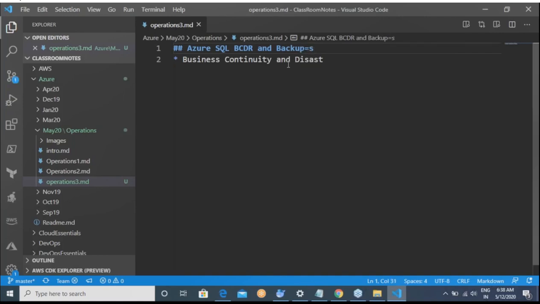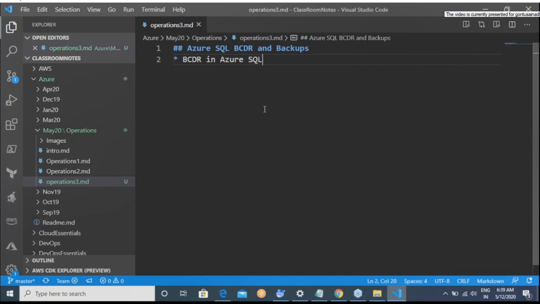So let me write about the section BCDR in Azure SQL. So how do you do the business continuity options?